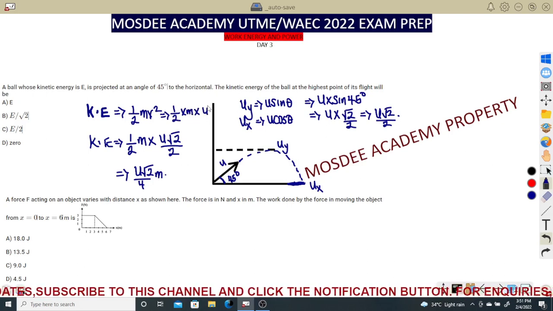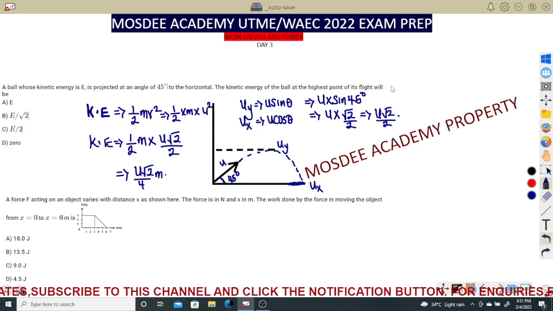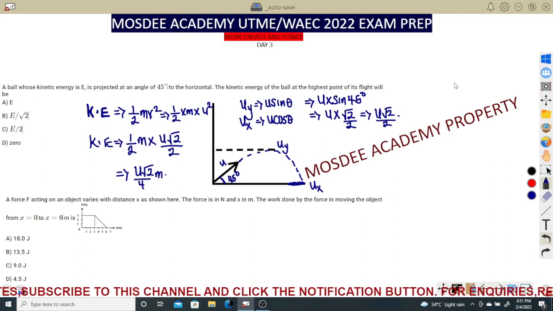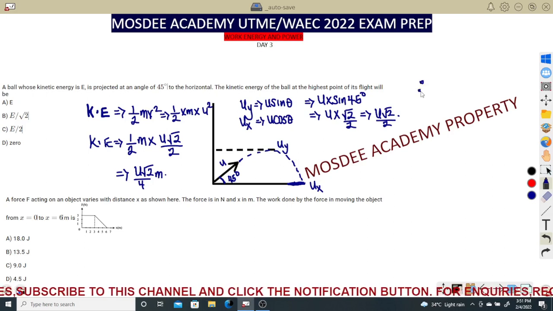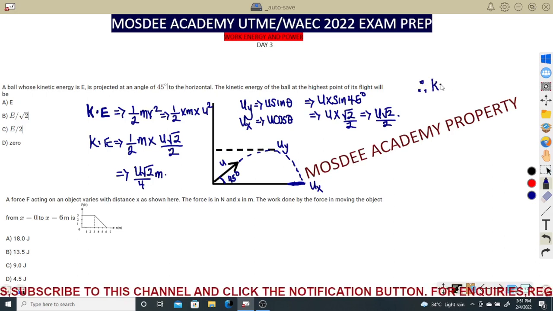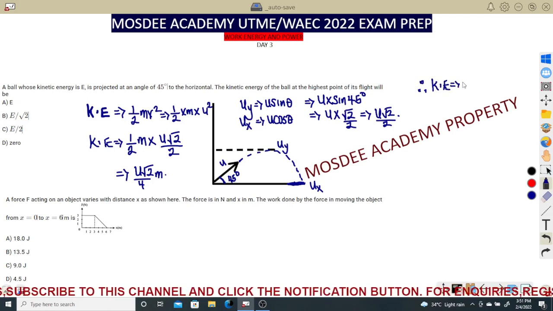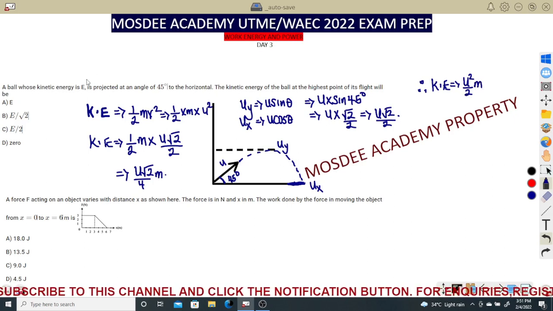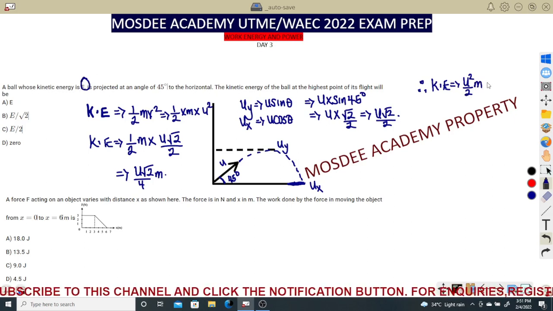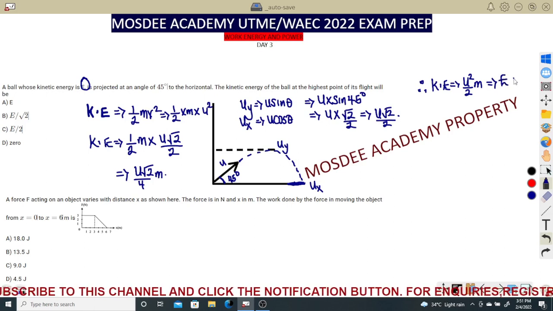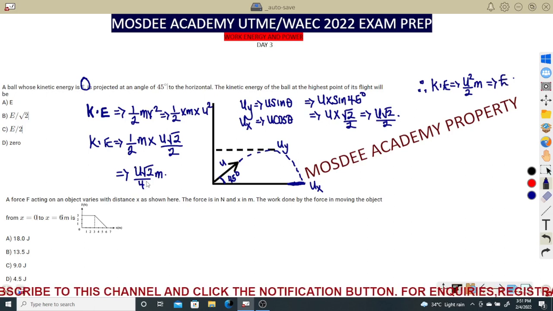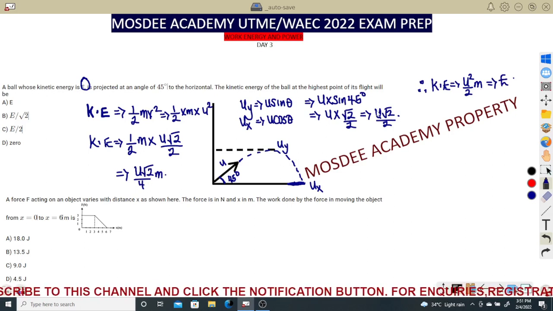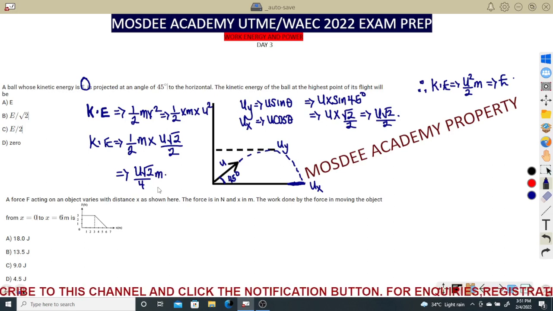Then you have U square. So the initial kinetic energy is U square over 2m. I will continue from this side for you to get it. The initial energy is given as U square over 2m, and that was said to be equal to E. The final energy is U root 2 over 4m. Then we now want to say, how can you get U root 2 over 4m from